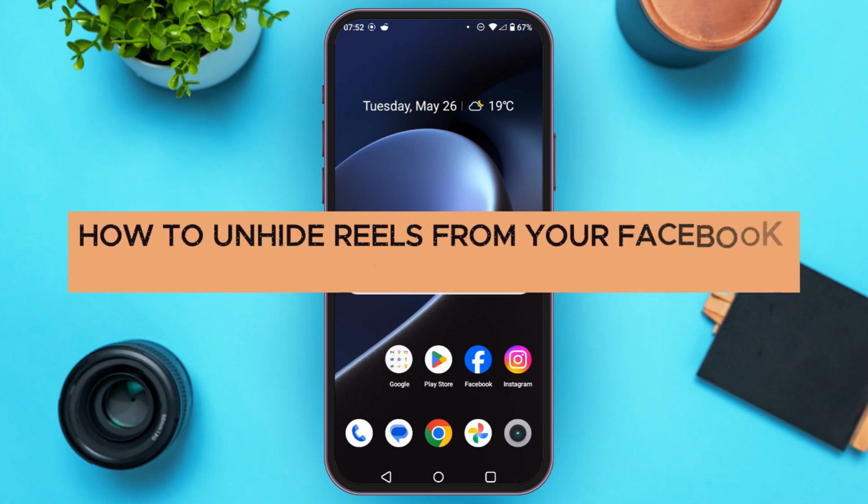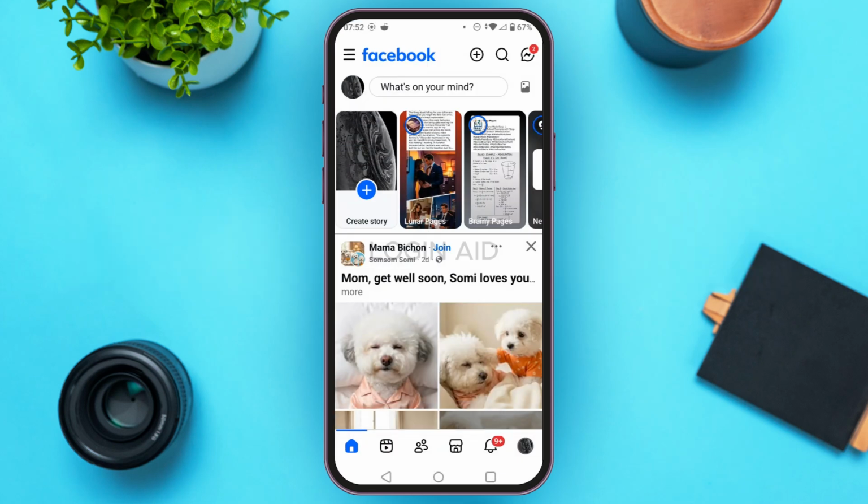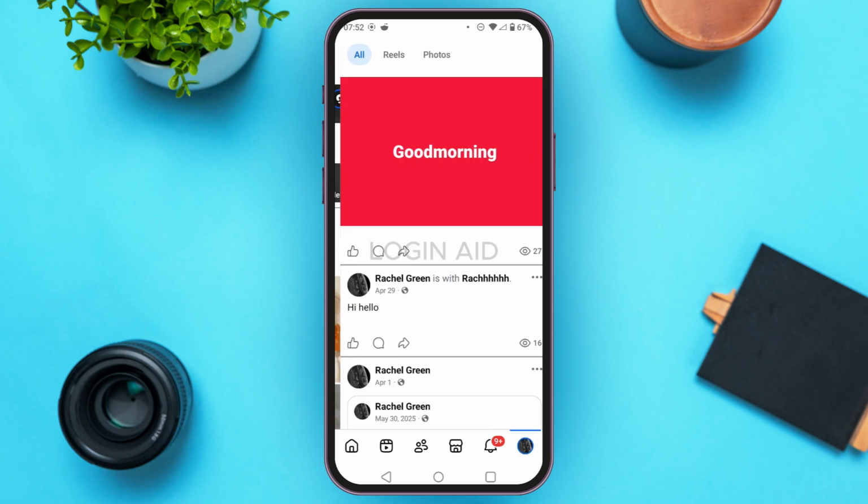How to unhide reels from your Facebook profile. First, open the Facebook. You can see over here Facebook has been opened. If you have hidden the reels from your Facebook profile, that means you have either archived it or deleted it